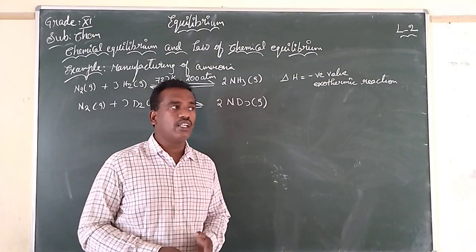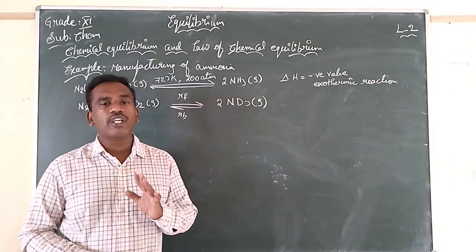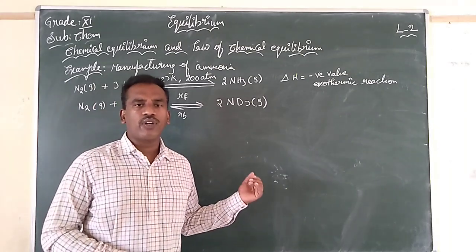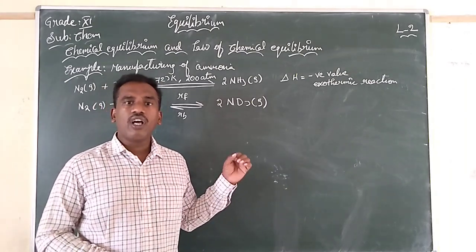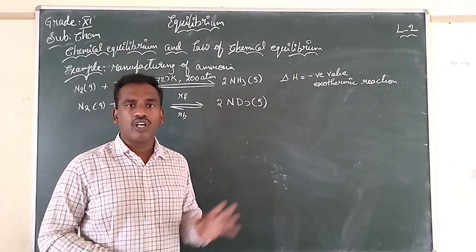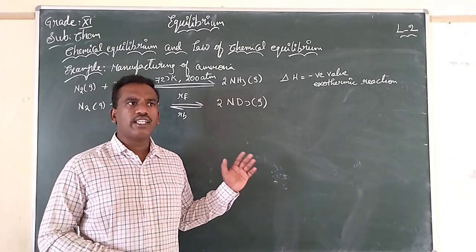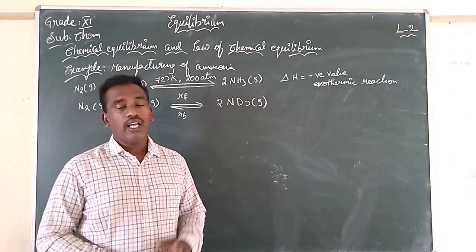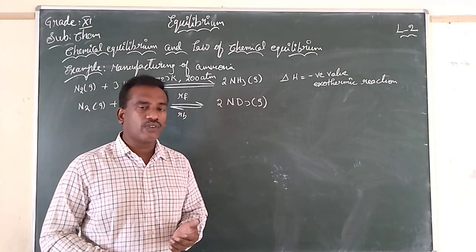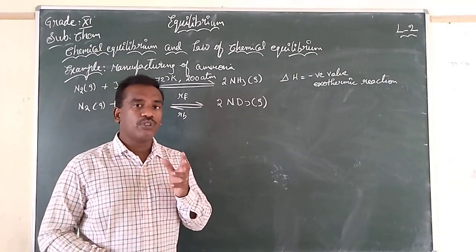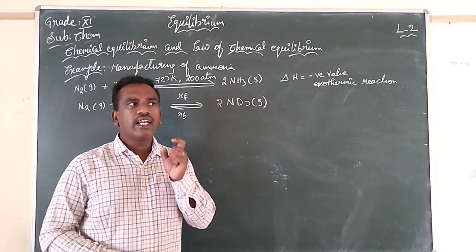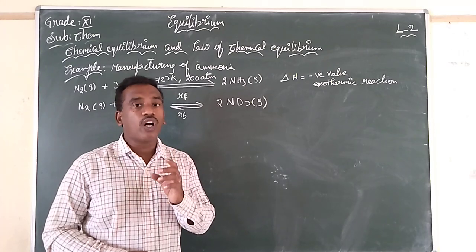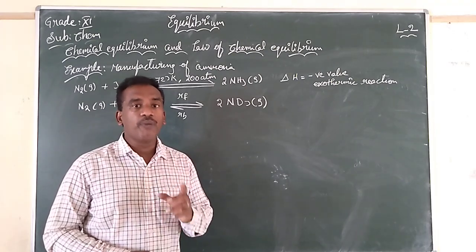We already learned the isotopes have the same chemical properties. So even if you use hydrogen or deuterium, the rate of reaction is the same in the manufacturing of ammonia. So what this is saying: the rate of formation of ammonia is equal to the rate of decomposition of ammonia. Means they are becoming constant at the equilibrium point.